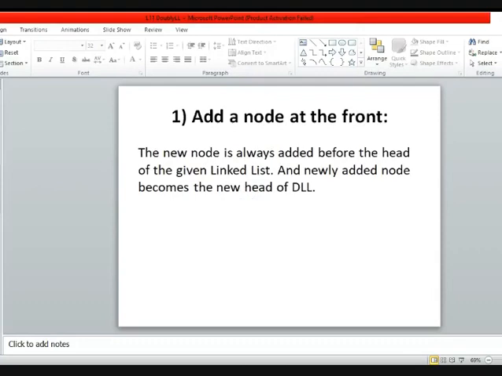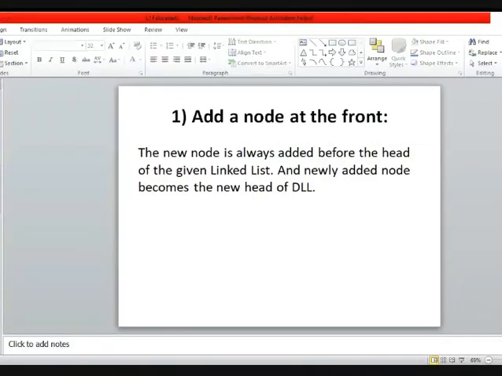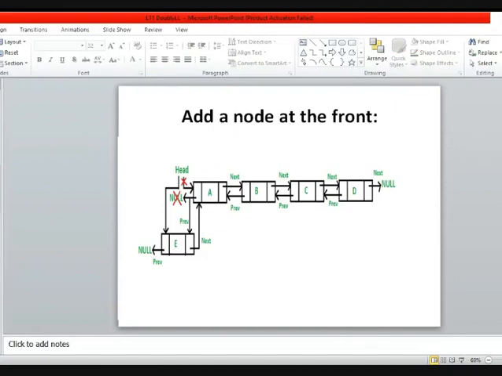So back to the algorithm or the procedure we were discussing, insertion of a node at the beginning of an existing list. As we discussed in singly linked list, in a similar way we will be inserting a new node in doubly linked list also, but here you need to maintain two pointers at a time if you are inserting a new node in the existing list.